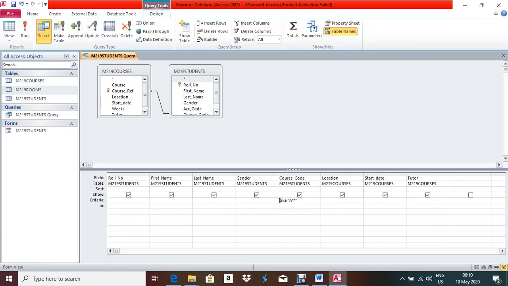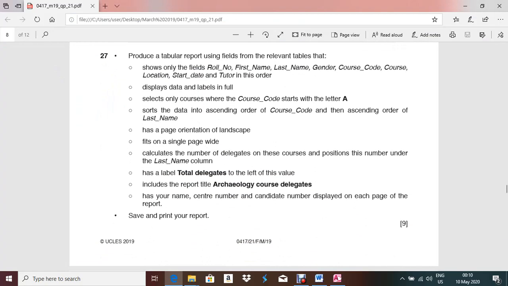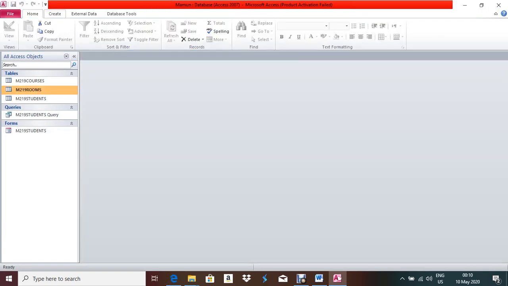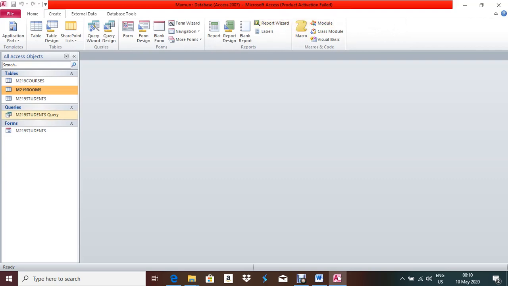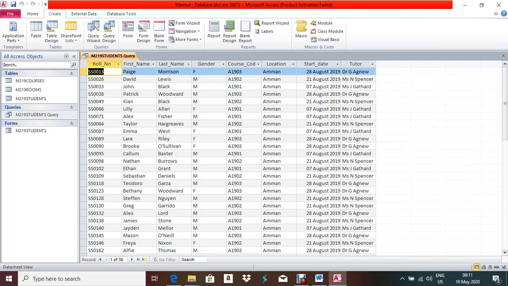Okay, now next one, next criteria. There is no other criteria, right? Good. Now sort the data. Now that means our query is over. Control S, Control W. Now we have to create a report. So before creating the report, just make sure how many fields were there. 1 2 3 4 5 6 7 8 fields, right? 8 fields are there. Okay, so it should be 8 fields in the report.